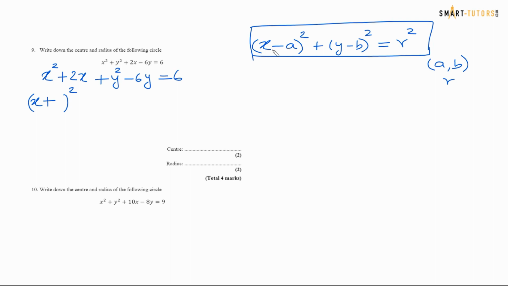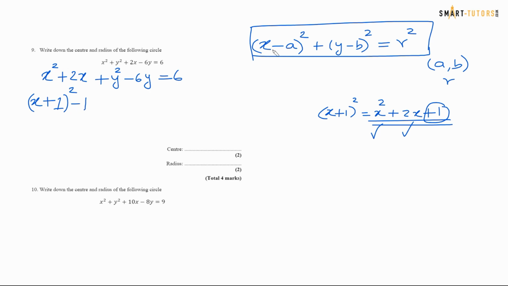So half of the 2 is 1. If you expand the x plus 1 whole thing squared, it is x squared plus 2x plus 1. If you do the double bracket, this is the answer you will get. So x squared is in the question, 2x is in the question, plus 1 is not in the question. So I need to take away 1